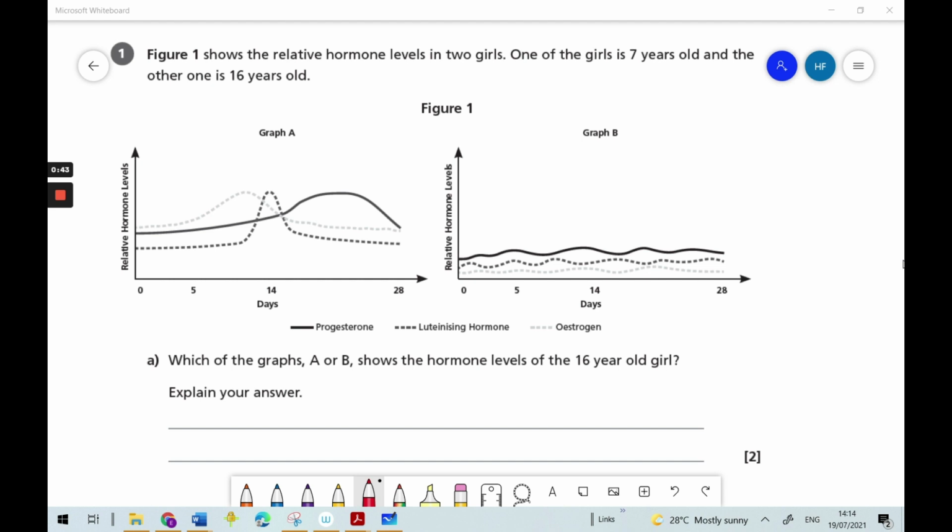Now, we've got a key down here which tells us the names of the hormones shown in both the graphs. So we've got progesterone, luteinizing hormone, and estrogen. Let's just remind ourselves of what those hormones do. So estrogen makes the lining of the uterus grow again after menstruation, and it also controls the development of female secondary sexual characteristics. Luteinizing hormone is the hormone that stimulates the release of an egg, and progesterone maintains the lining